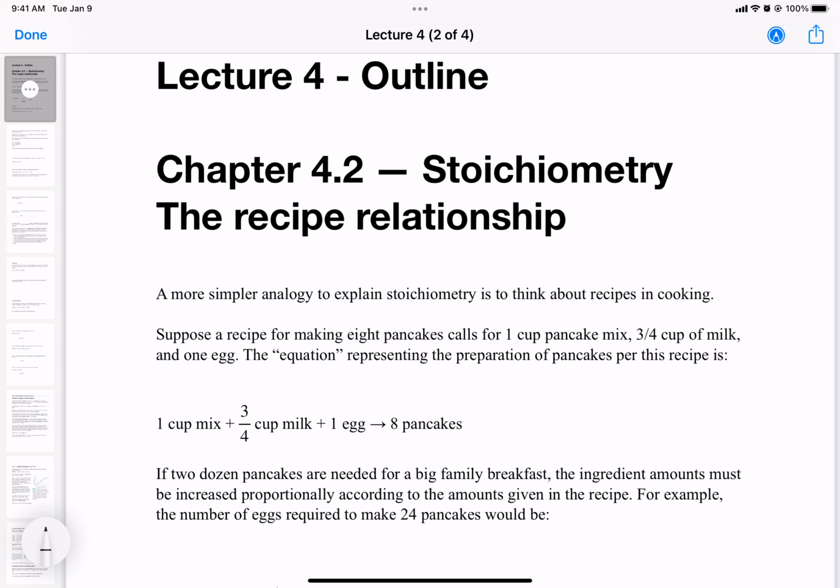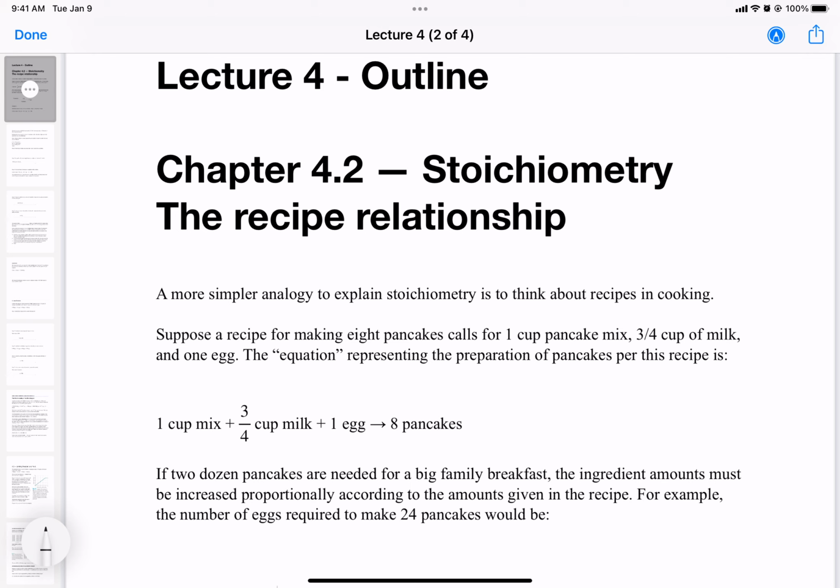Okay, so think about recipes in cooking, right? You add some of this ingredient A, ingredient B, and to get the right ratio, right, to give you the desired product. So if you don't add enough eggs, you don't add enough mix, you don't add enough milk, you're not going to get the pancakes you want. So it's kind of like cooking. If we just think about it in terms of mixing the right ingredients in the right ratios to get our desired product. Okay, so